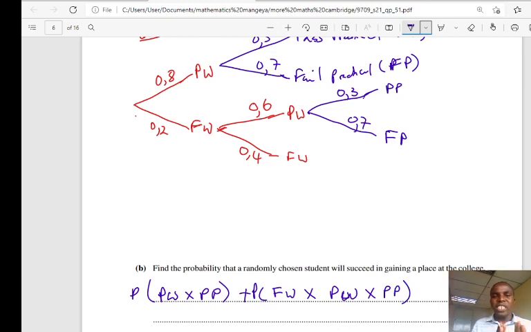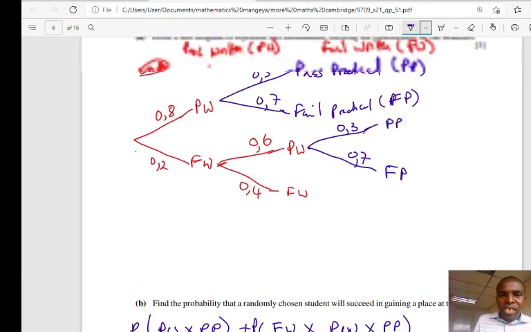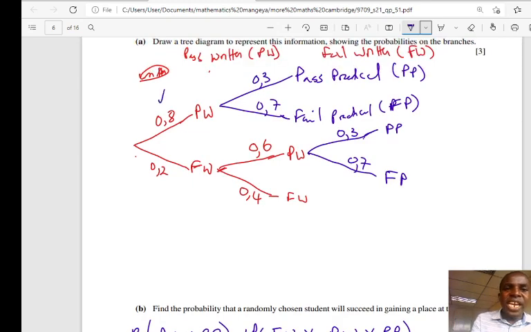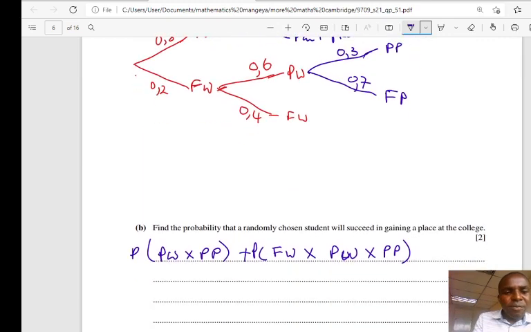So they have to pass the practical to be admitted. First part, pass written is 0.8, then pass practical 0.3. 0.8 times 0.3,